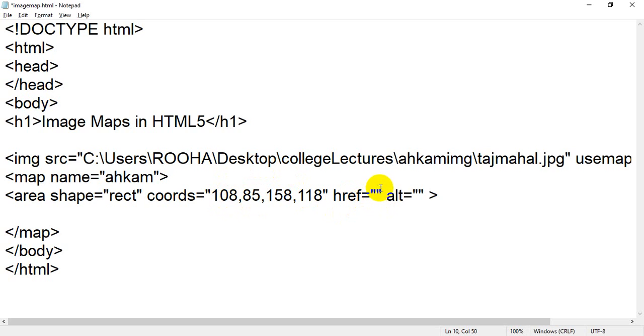Now inside that href you can open your local page. Local page means a page which is stored on your computer, on your desktop or any drive of your local computer. But you can even add pages which are not on your computer, web pages which are connected with the internet. If your PC is connected with the internet, that page will open. For example, I want to open the official website of KMS English Medium High School, so I want to write the address of the KMS Junior College website.